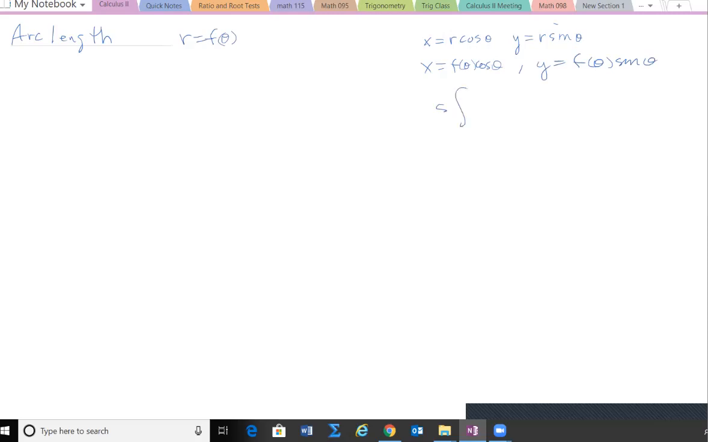in our, with this choice as parametric form, we ended up with this. We wanted the integral of the square root of dx d theta squared plus dy d theta squared d theta. Now,